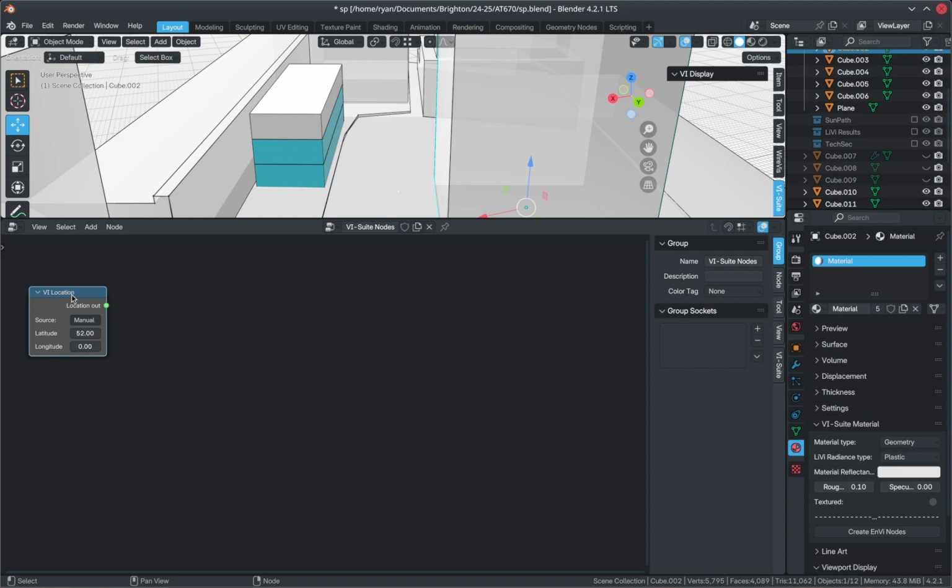Get rid of that for now. For a shadow map, we need 2 nodes. One node to tell us where in the world this project is, and another to do the actual shadow mapping